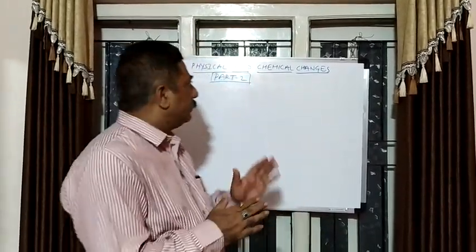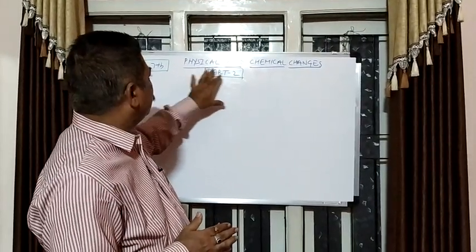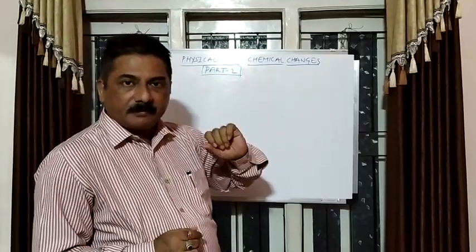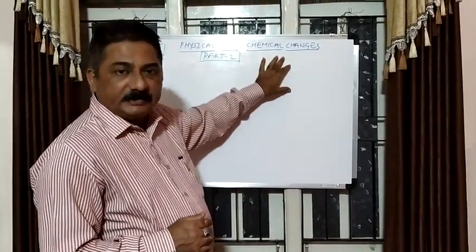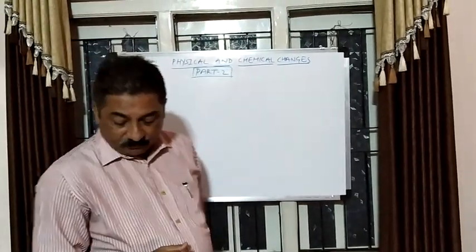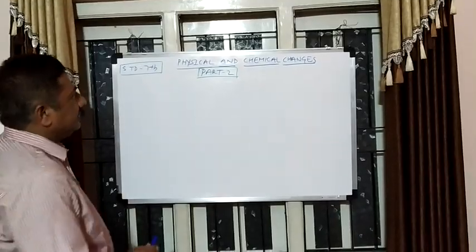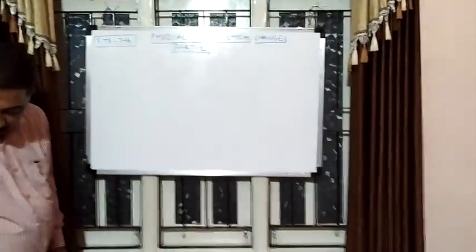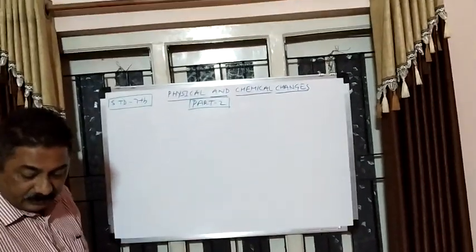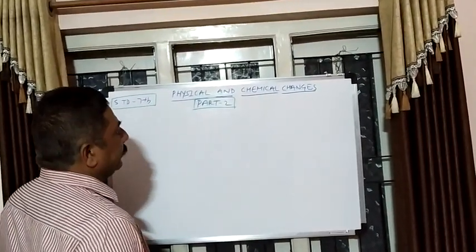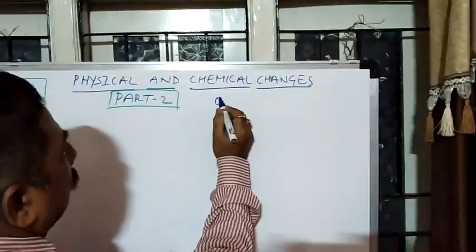So we have already covered about 60% of the syllabus for physical and chemical changes. Now in part 2 we are going to cover mainly chemical changes, or in chemical changes, chemical reactions. So please take out your notebook, because in the first part I have already told you some important points and some formulas, like I told you that for oxygen